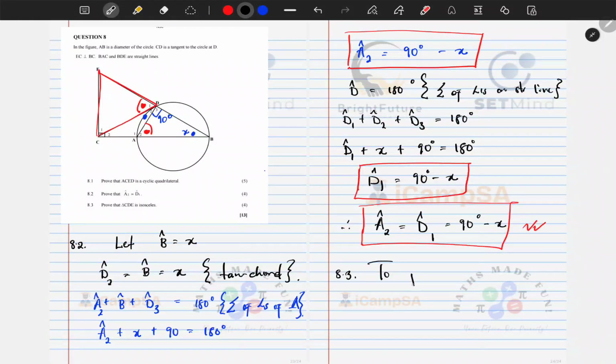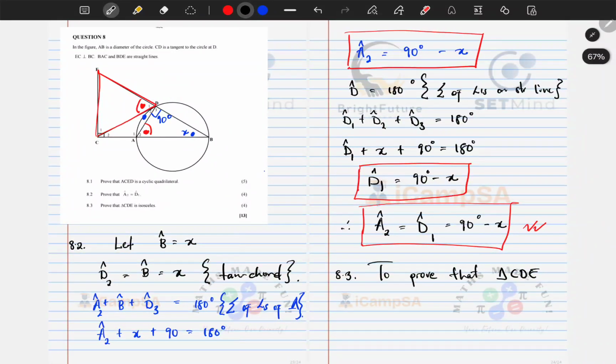So to prove that triangle CDE is isosceles, the first condition would be